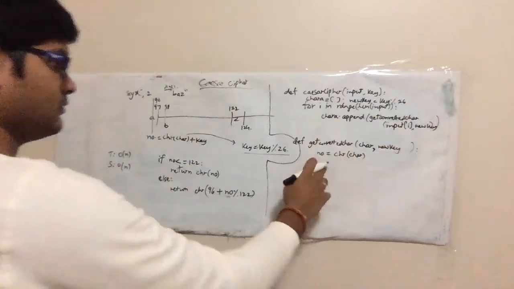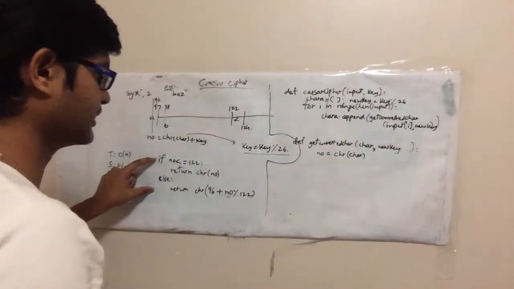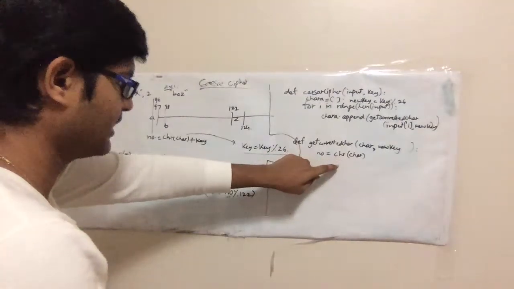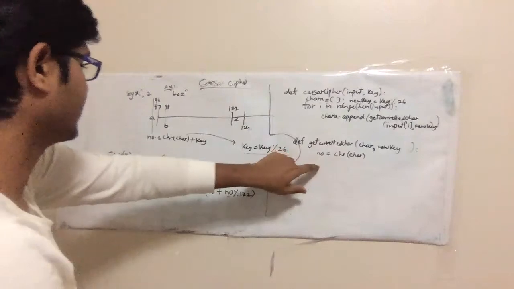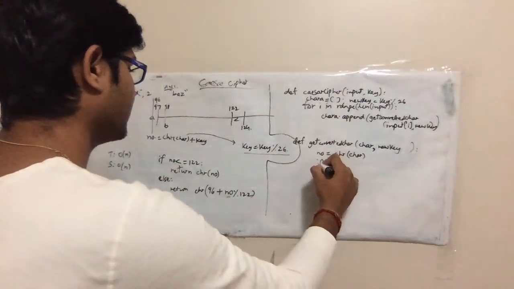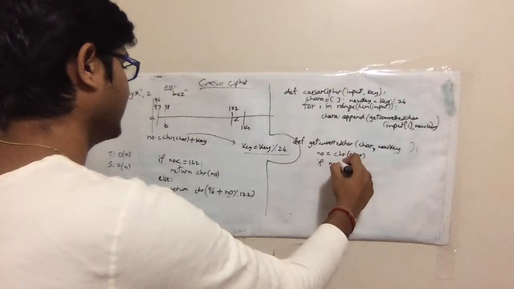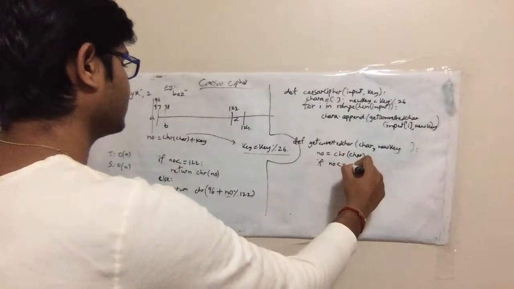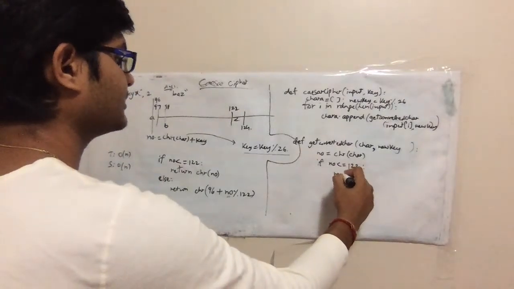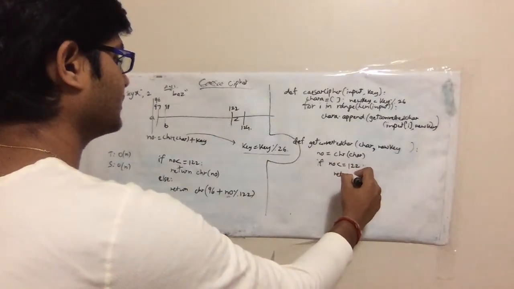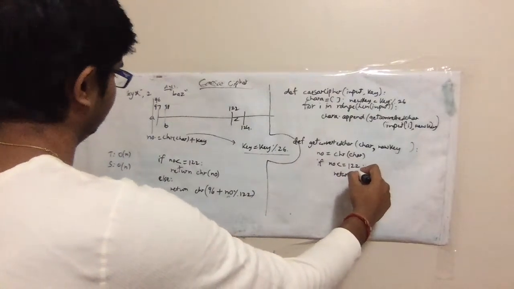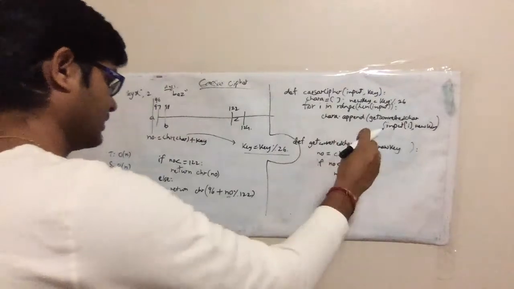Okay, so here we are checking number is equal to calling the ord function of Python on the character. This will create an actual number, and we need to check if this number is less than or equal to 122. If it is less, return directly the,